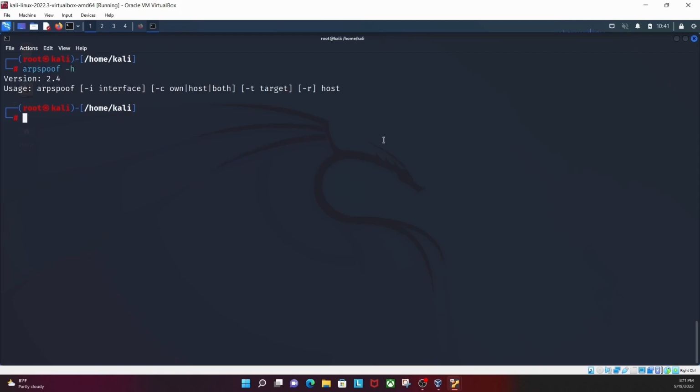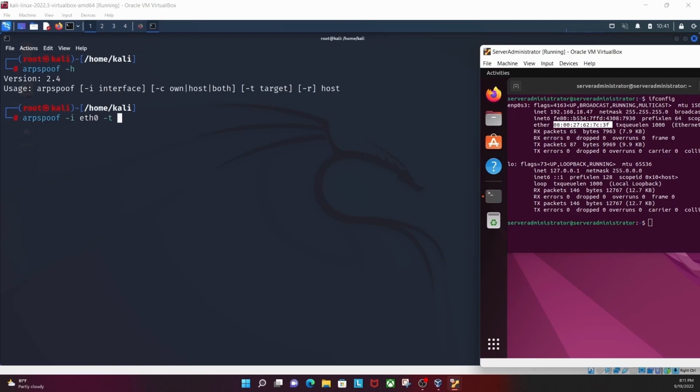So how? We just type arpspoof hyphen i for the interface, and the interface is eth0, hyphen t for the target machine. And what is a target machine? First it depends on you, okay, the first target machine which you choose, right? So my target machine is